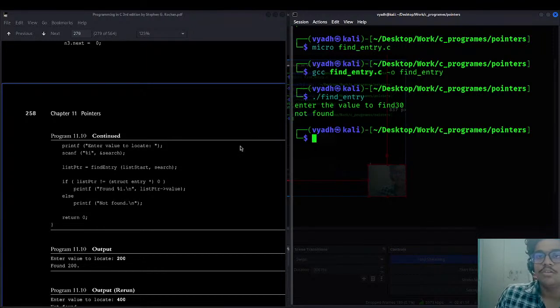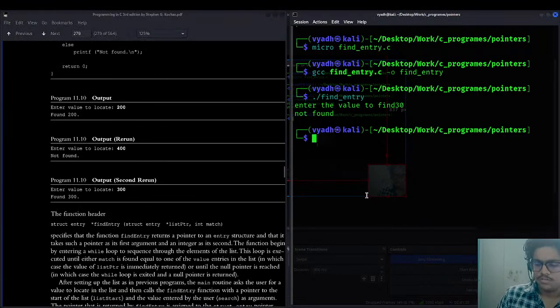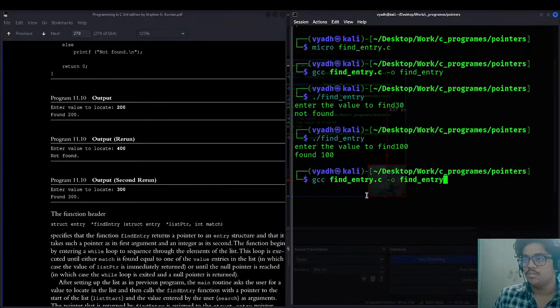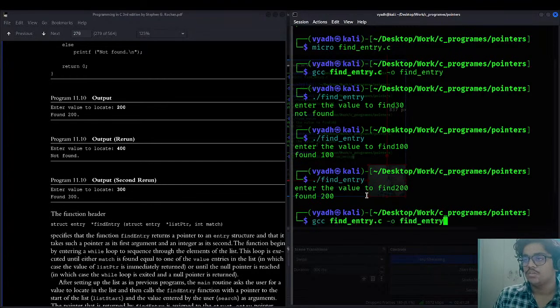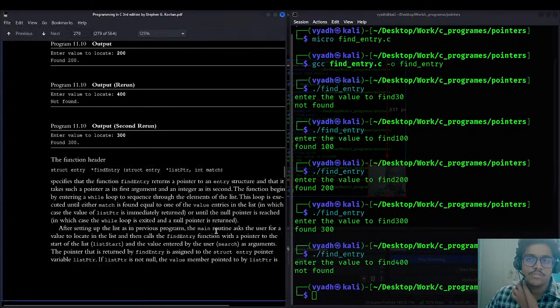So the three values that we have stored are 100, 200 and 300. 100 found. 300 found. 400 not found. Okay, so it's working fine.